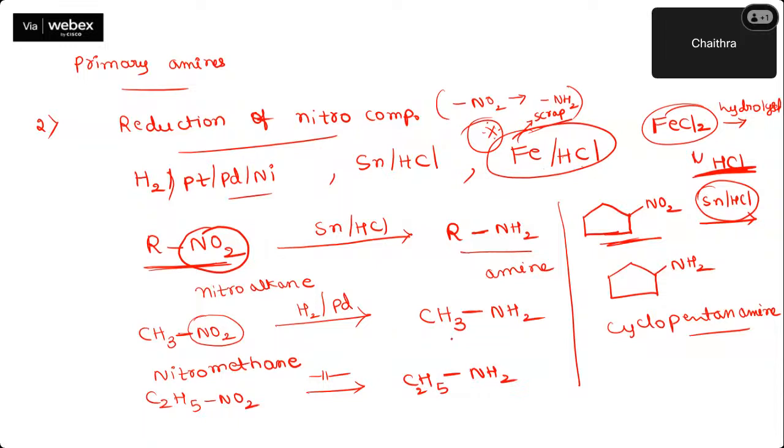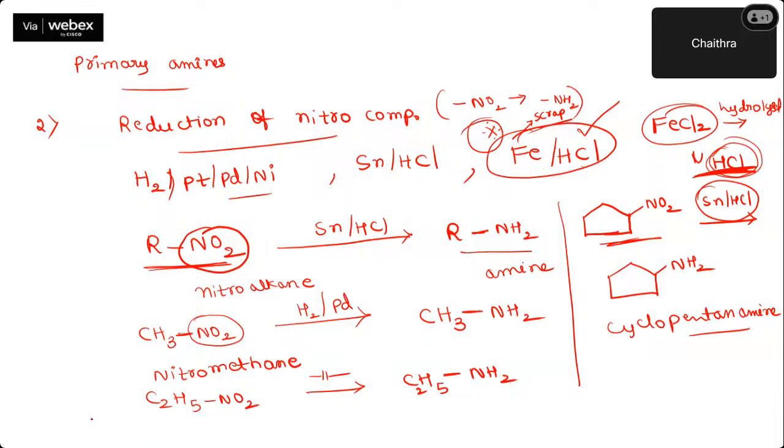So even if you start the reaction with a small amount of HCl, the reaction is going to happen. Since Fe reacts with HCl, it will form FeCl2. The formed FeCl2 gets hydrolyzed to give more and more HCl. Even if you start the reaction with a smaller amount of acid, the reaction can easily happen. That's why this reagent works the best. So have a note of that. Fine. So this is one more method of preparation.